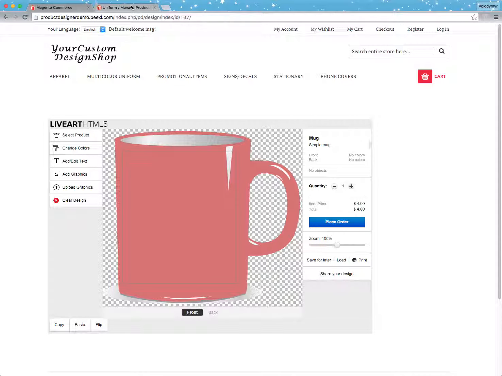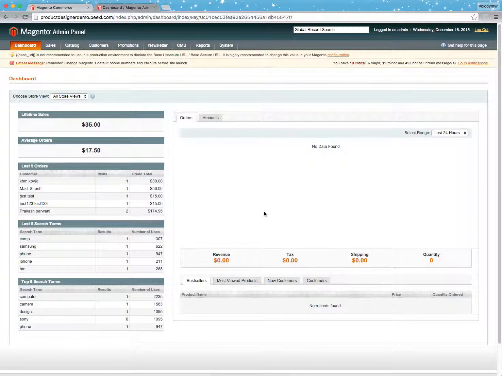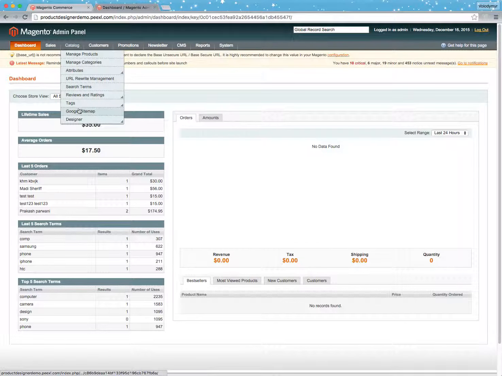Now, inside the admin area itself, you might find yourself on the home page of the admin area. And all the LiveArt properties can be found by going to Catalog, then Designer, and then you would see Graphics, Graphics categories, Fonts, and Colors. There is also a feature to import graphics if you need a mass import from a CSV file. So we would open and see how graphics, graphic categories, fonts, and colors look like and quickly go over them. So we open them one by one